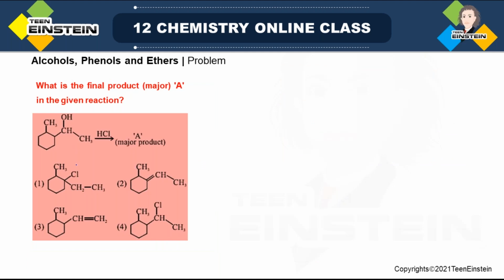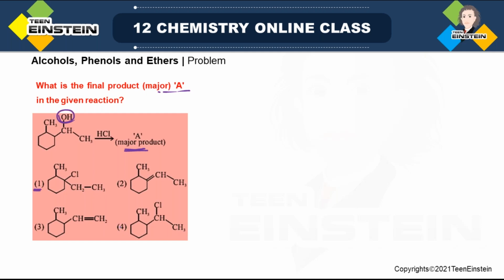Here we have this reaction where you can see this is actually an alcohol molecule and it is treated with HCl. We are getting the major product A, which you have to find. Four options are given. What is the final product? There may be different types of products, but you have to focus on the major product, not the other minor products. If we look at the options carefully,